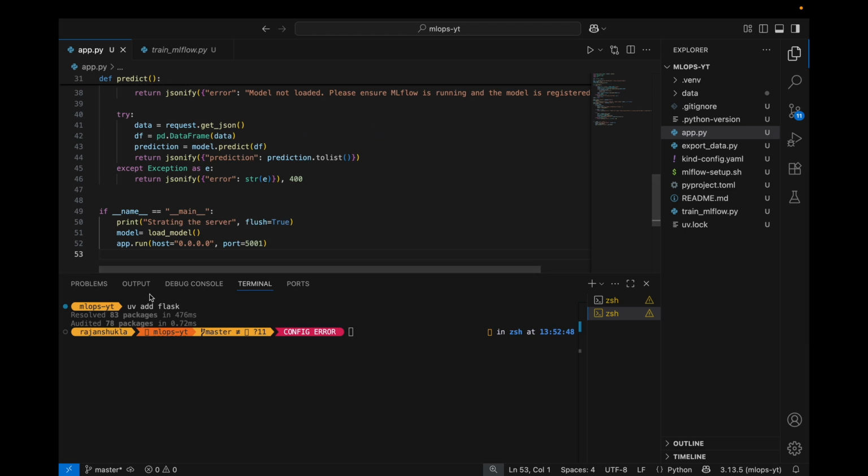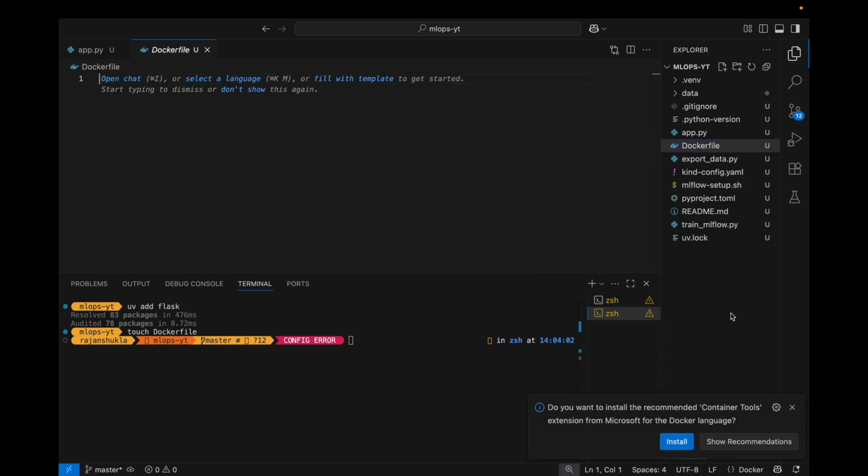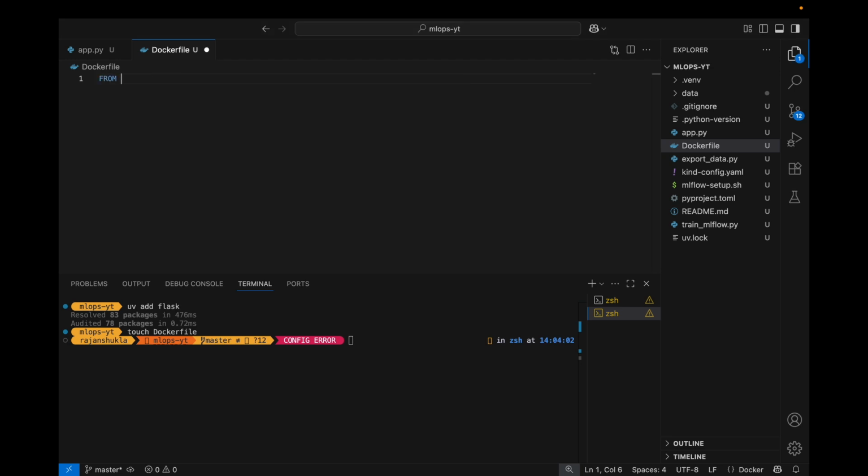Perfect. We have created a Flask server which is going to serve our model, and once this is done, let's create our Dockerfile. We have our Dockerfile. This is actually going to build our API, and that API is just spinning up this Flask server. So let's bring a